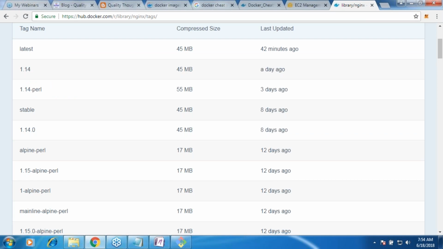Generally, for every application, we will have a version, right? Similarly, for every image, we'll have tags. Whenever you say docker run Nginx, it will go and find a tag called latest. So whatever is latest will be downloaded. Now let me just go and download that 1.14-perl. Shall I try that? Yes.